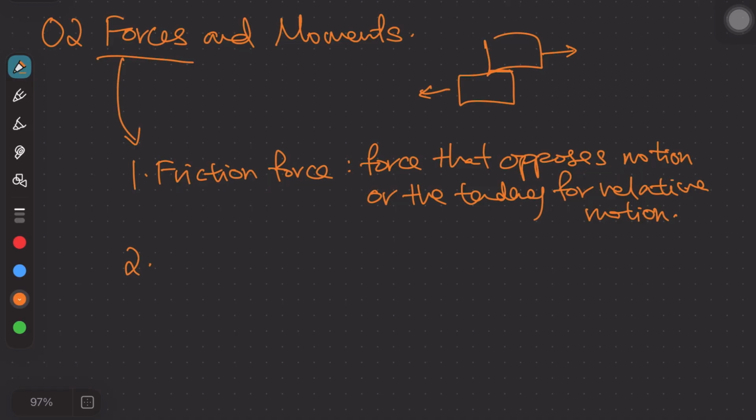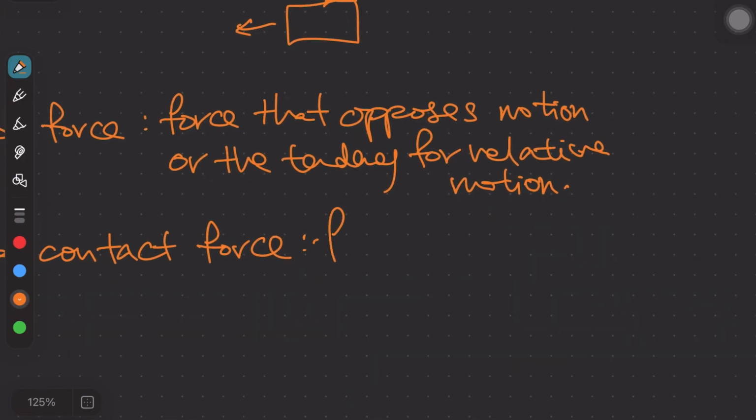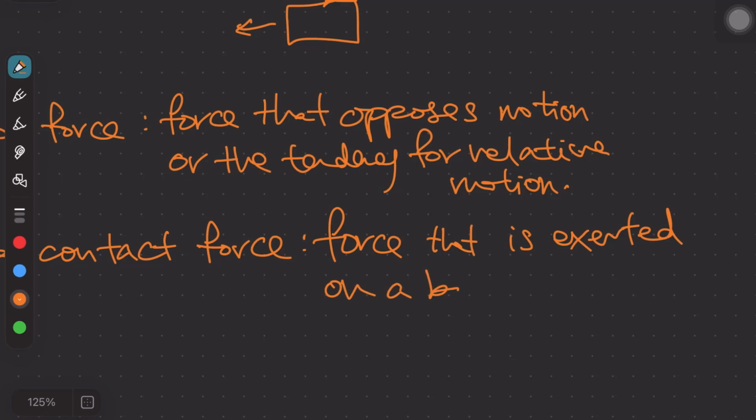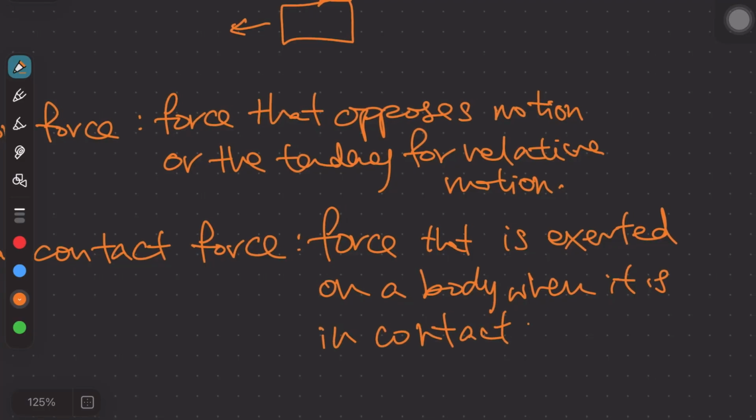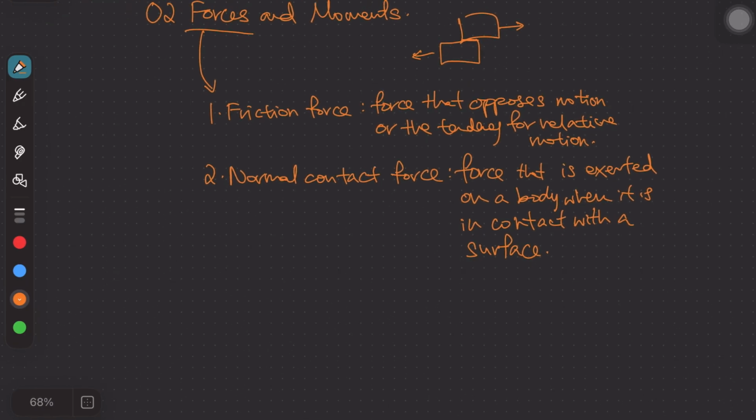All right, let's look at another type of force. The next one is normal contact force. So what is normal contact force? Normal contact force is force that is exerted on a body when it is in contact with a surface. Note that it is normal. What does normal in physics mean? It just means that it is